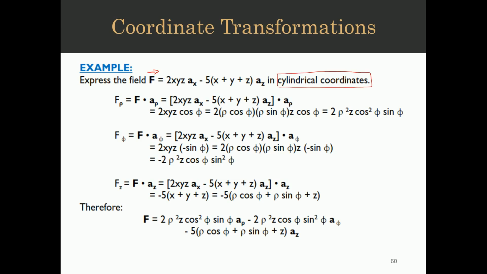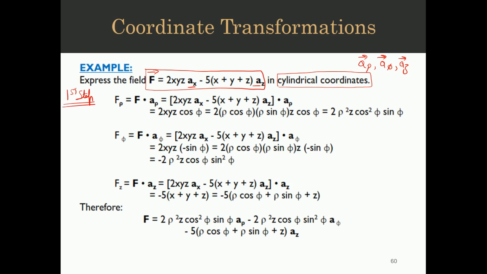So which means we are given a Cartesian system. So this is the Cartesian coordinate system. We can recognize this because we are given the unit vectors of ax and az, and we want to convert it into cylindrical coordinate system, which means our answer should be in the form of a rho, a phi and a of z, having these unit vectors. So how can we utilize these step methods over here? So the steps method is such: the first step